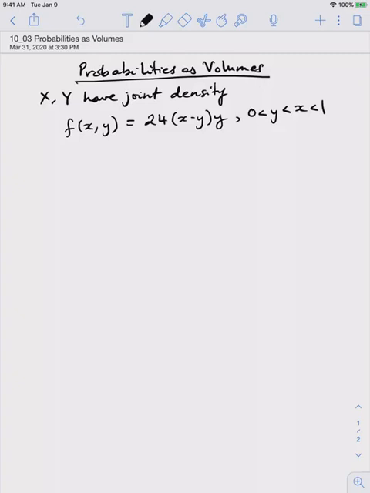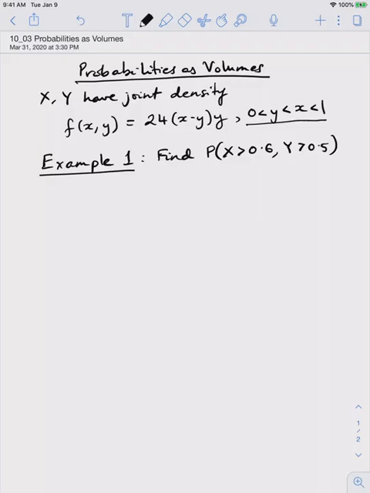We have the same joint density that we were using in the previous part. Let's find the chance that x is bigger than 0.6 and y is bigger than 0.5. So I need to find the region where this event occurs. The first thing before that is to remember the region where the density is positive, and that's